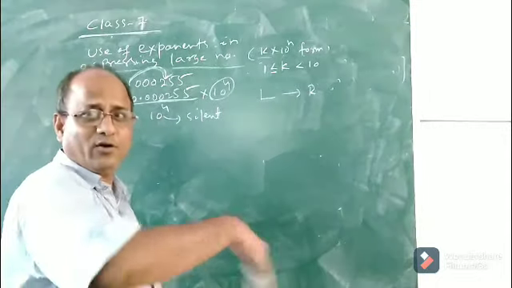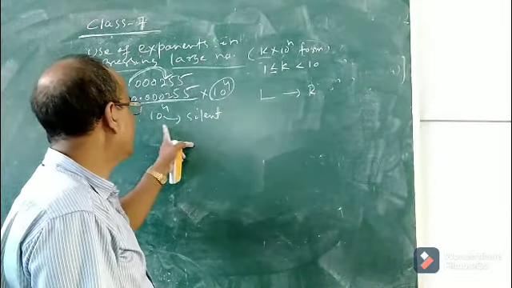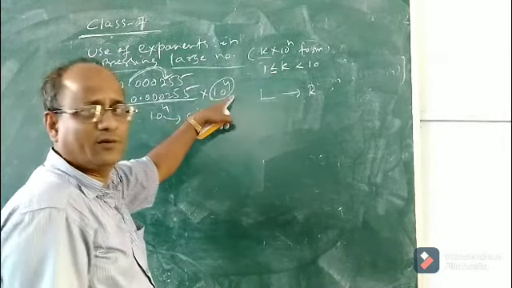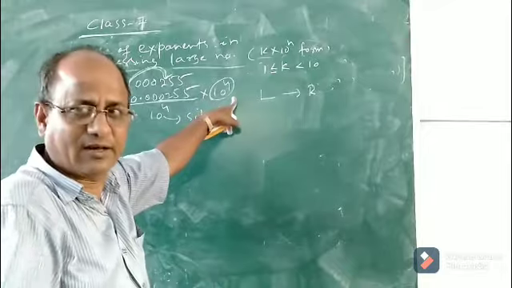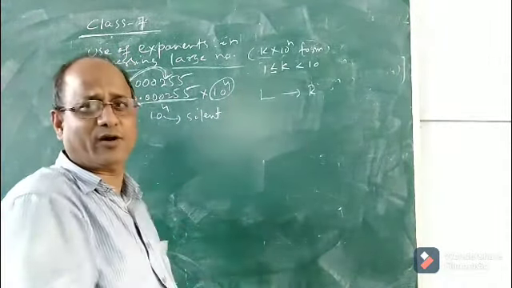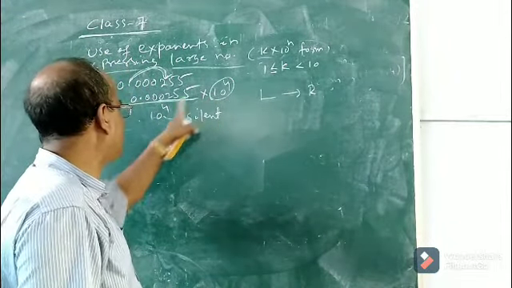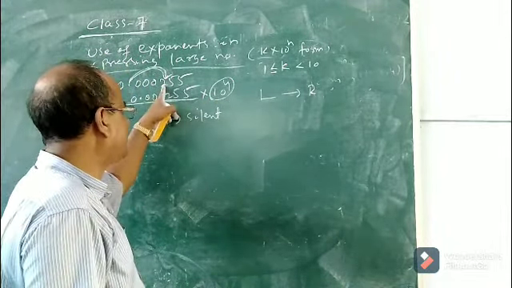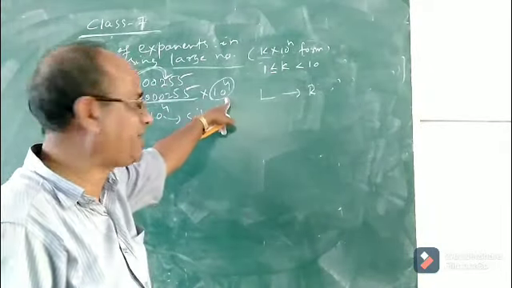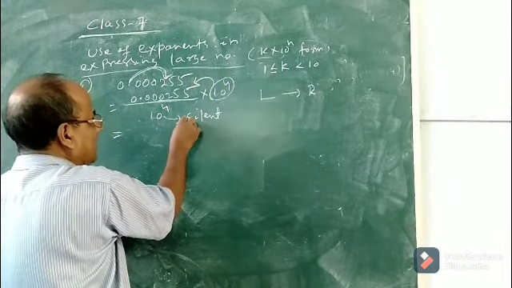But when the point will be shifted from right to left, you will find that this will be operated and this will be kept silent. I will give another example. So here, as we are shifting the decimal point from left to right, we have to multiply and divide by 10 to the power 4. After dividing and multiplying by 10 to the power 4, what will be the next step? The next step is this will be multiplied and this will be silent.